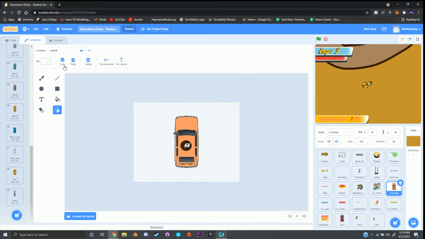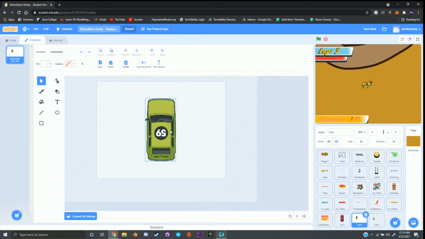Next, once I'm done decorating my car, I'm going to click on the copy button. And then I'm going to replace one of the cars that I have, so I'm going to click on car 2. And I'm going to delete this car and paste in the car that I want. And since I replaced car 2 with this vehicle,